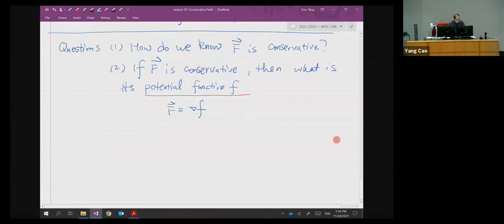Basically, how do we know that F is actually a conservative field? And then I'm going to present you with another theorem to obtain the answer for the first question. So let's look at another theorem here. Let's write down: a field F is conservative